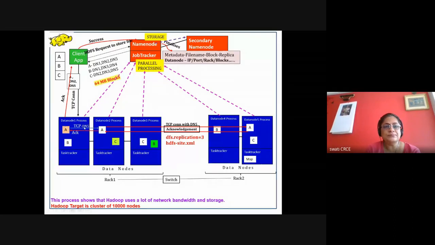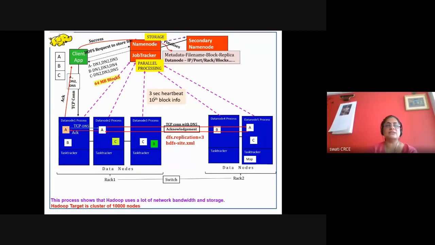And the system will identify if a data node has failed, because the data node sends a heartbeat to the master node, and the master node also sends a heartbeat to the backup or secondary name node. The data nodes send the heartbeat every 3 seconds, just saying I'm alive, I'm alive.